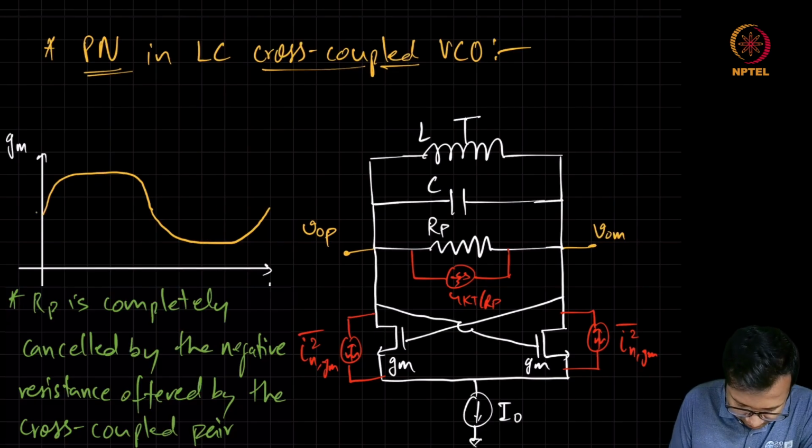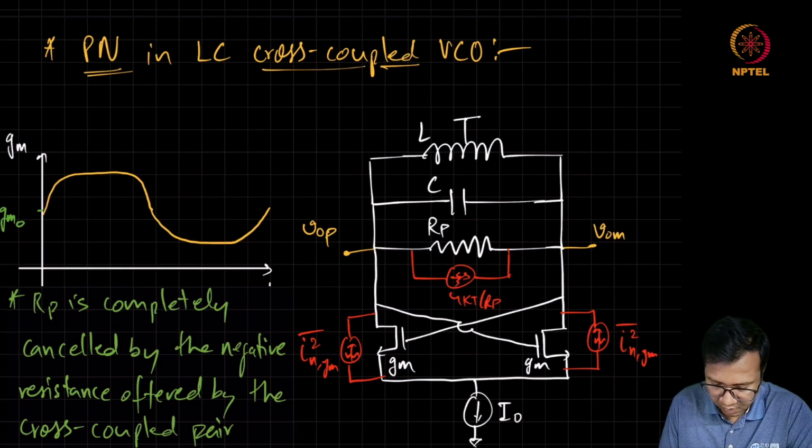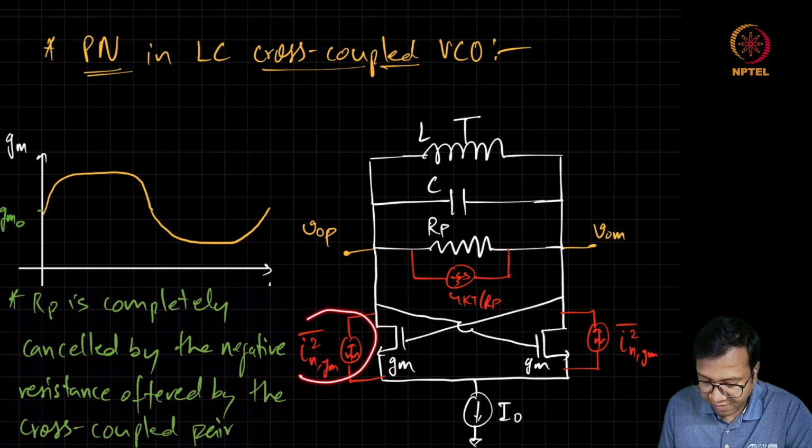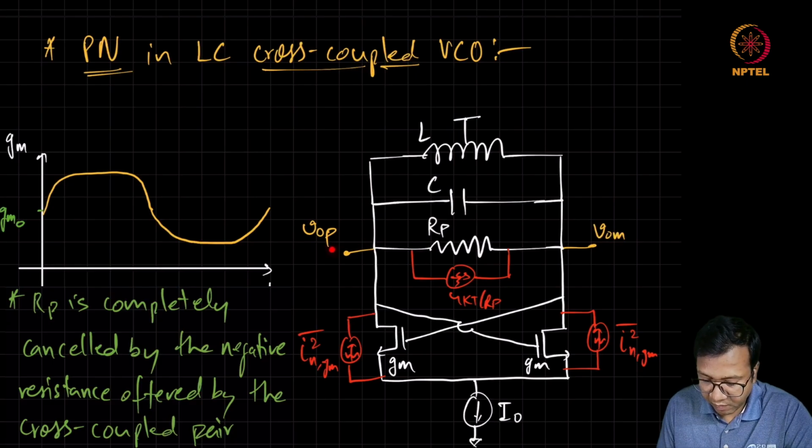So we can talk about some GM effective. Let's call it GM0. And we will say that the noise generated by these transconductors is also decided by this effective GM rather than the instantaneous value of this GM. So under this simplification, we are going to find out